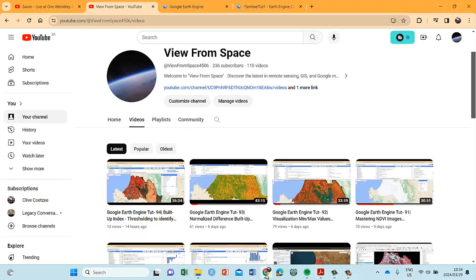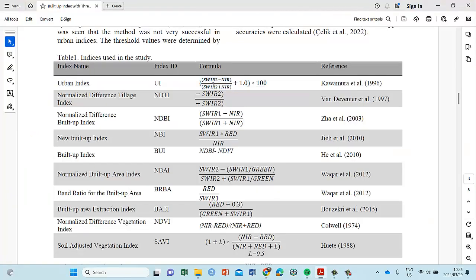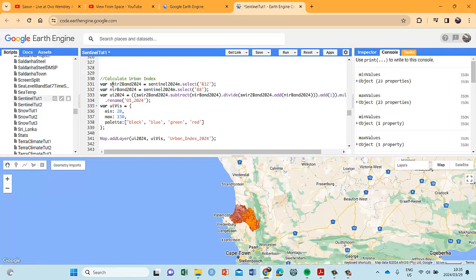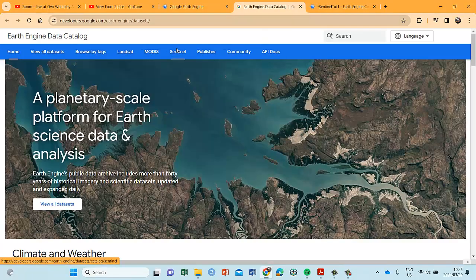So we're going to go to our trusted Earth Engine, and I've already started with it. We're going to isolate two bands. Remember, we're going to isolate shortwave infrared and near infrared. So we've got our shortwave infrared, which is band 12, and then we're going to isolate our near infrared, which is band 8. Just to confirm, we go to our data sets, and within our data sets, we go to Sentinel,